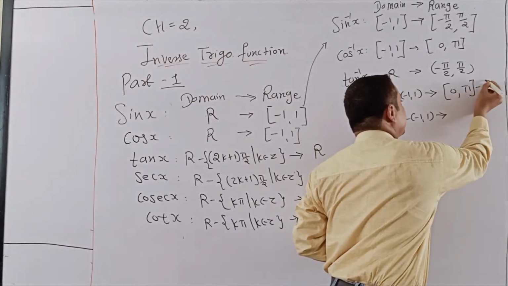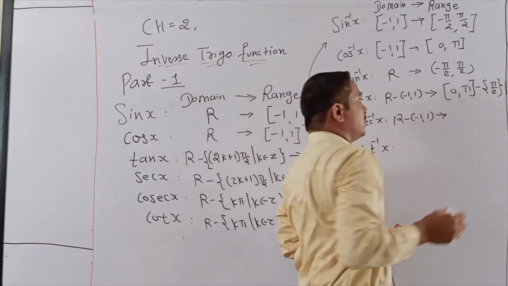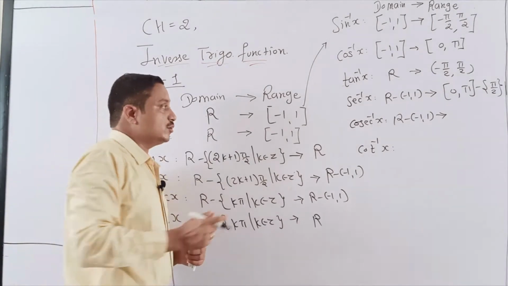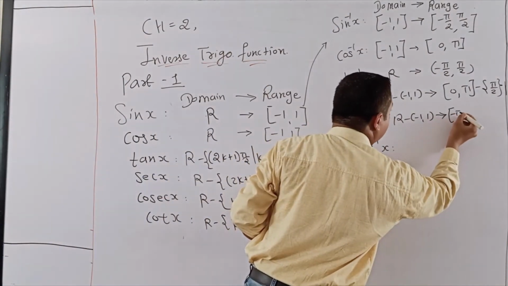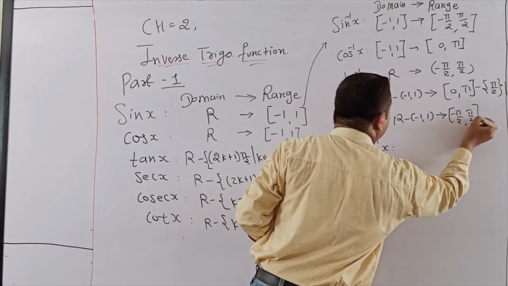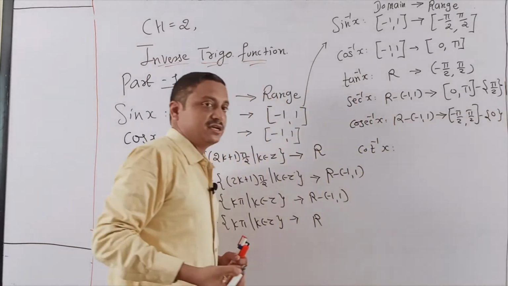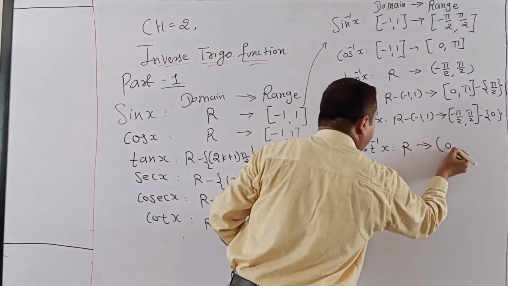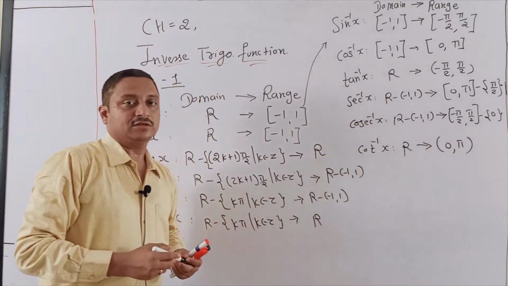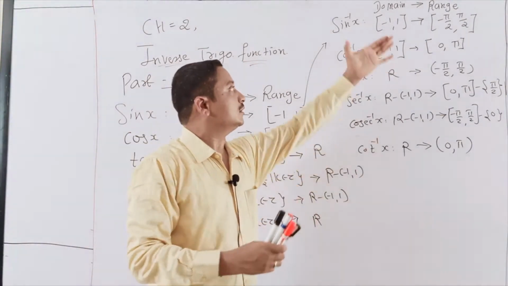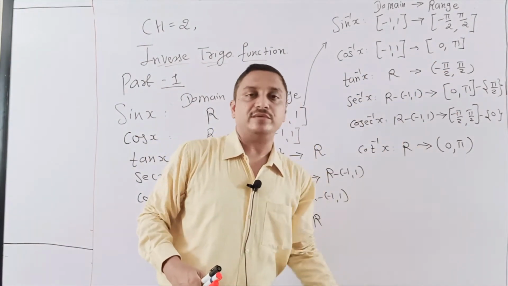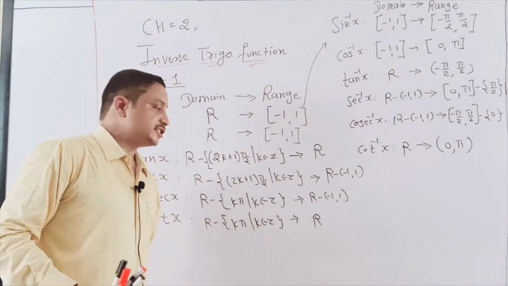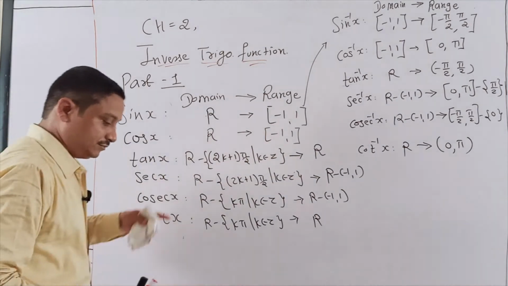But students, here pi by 2 is not defined because sec of 90 is not defined, cos 90 is 0. Similarly for cosec inverse, it is -pi by 2 to pi by 2, but 0 does not exist in this range. And finally cot inverse: the domain is R and the range is the open interval 0 to pi. So you just memorize the domain and range for MCQ level 1 mark questions, students. And also memorize the range and domain for the sign values. Clear?